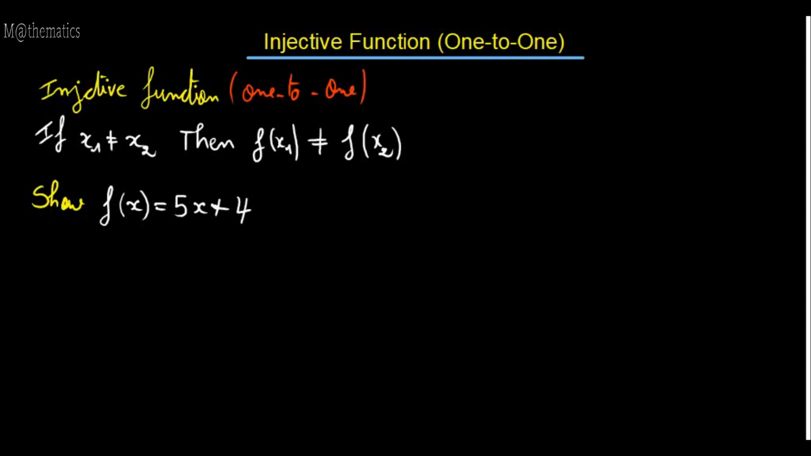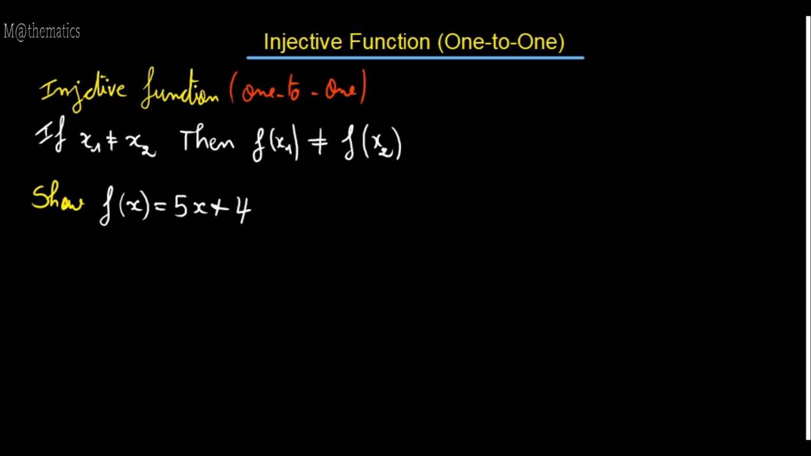In this video we are going to talk about injective function or one-to-one. If x1 is not equal to x2, then f of x1 should not be equal to f of x2. So we are going to show this for f of x equal to 5x plus 4. It's easier to prove the